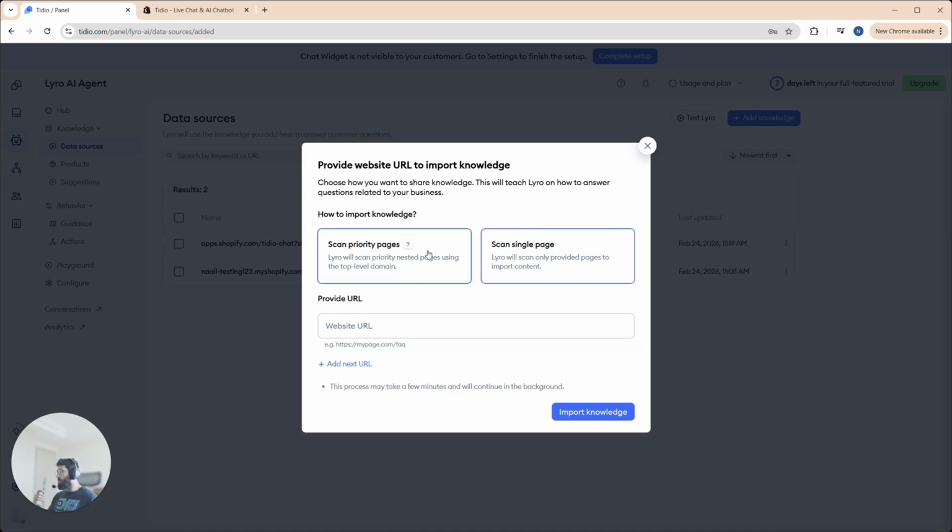However, scan priority pages works well, I guess, if you're in a little bit of a rush or you have a web page that links to many other web pages. What the AI will do is go through those separate links, scan all of them, figure out the ones that it feels are most relevant, and then learn information from those. So scanning a single page is usually what I would recommend just because we have full control of what the